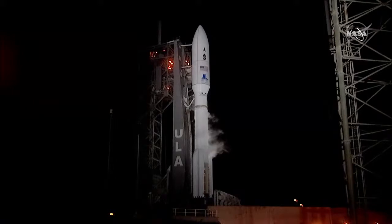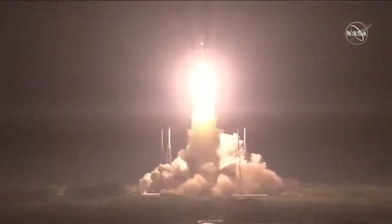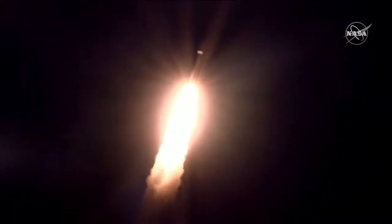T-minus 10. 9, 8, 7, 6, 5, 4, 3, 2, 1. And we have liftoff of the United Launch Alliance Atlas V rocket with the STP-3 mission for the United States Space Force. Vehicle has cleared the tower and is beginning the pitch over program. And the RD-180 is throttling down slightly as expected. Engine response looks good. And passing 20 seconds into flight, the PU system has gone to closed-loop control. SRB chamber pressures continue to look nominal. RD-180 pump speed and fuel injector pressures continue to look